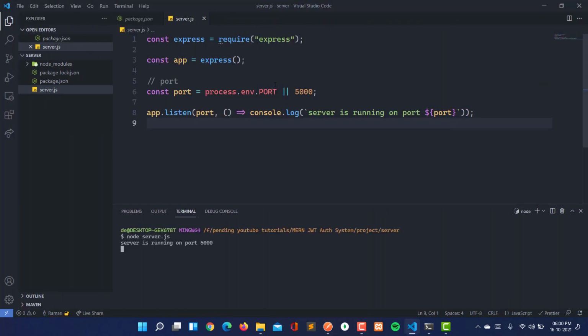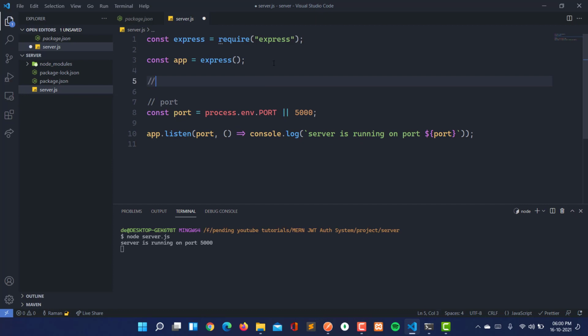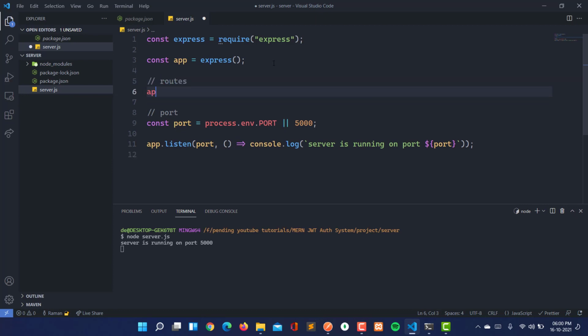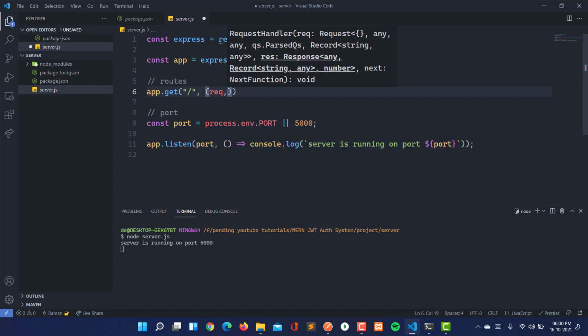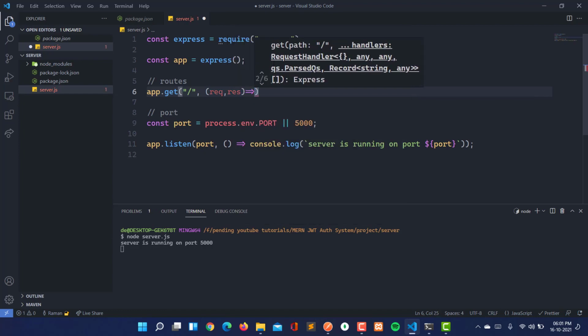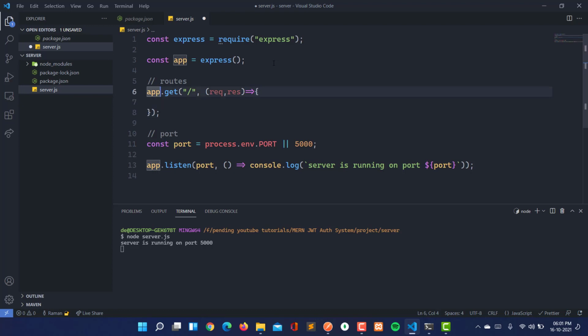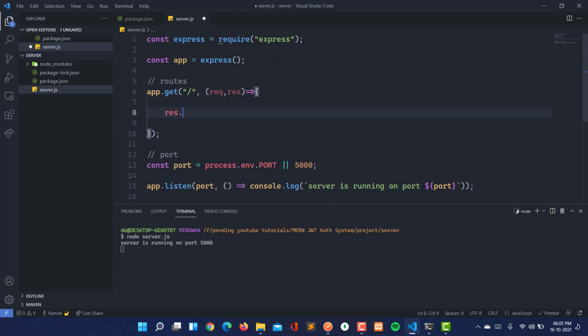Let's create the route here, and I'm going to write routes, and let's create a route just for testing purposes, and we are making it a GET request because if the user sends a GET request on the slash route, meaning on the home route only, then it will have two parameters in the callback function: first request and second response. So here let's just use response send.